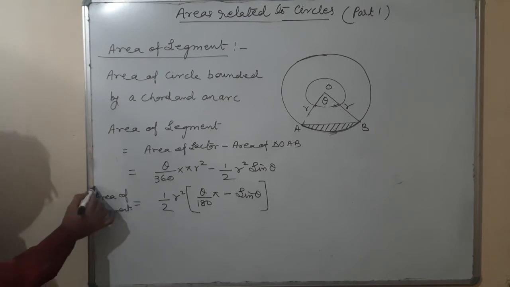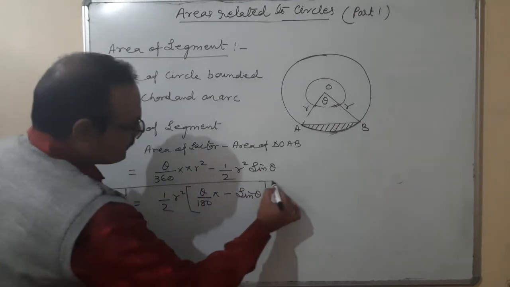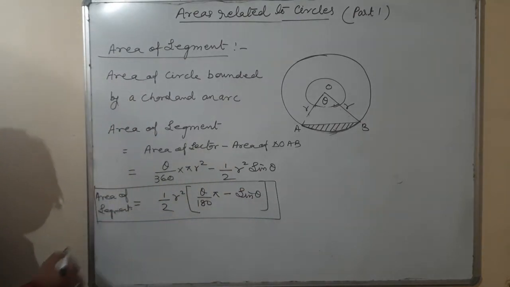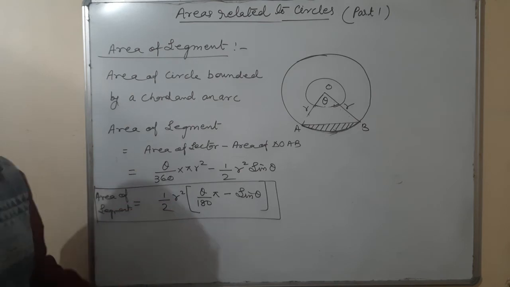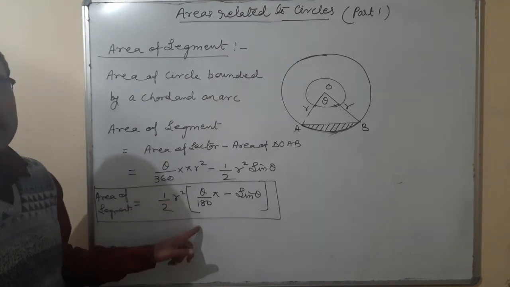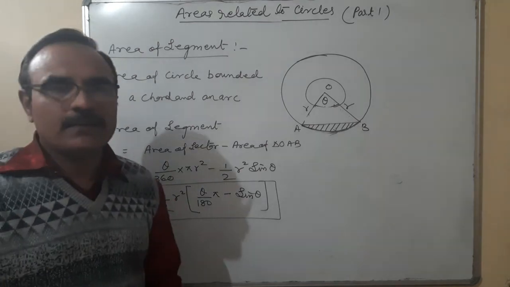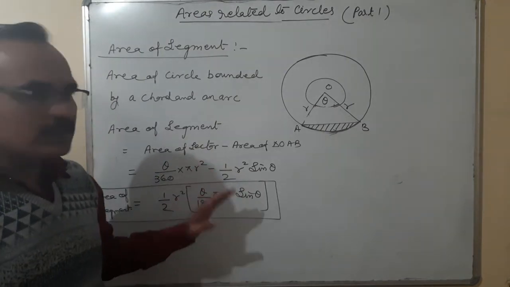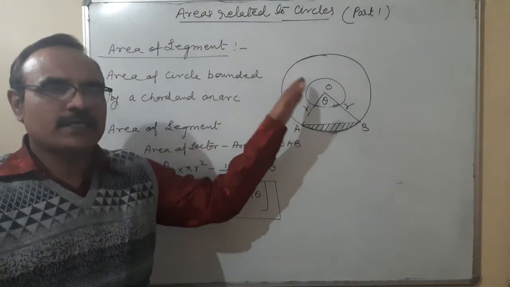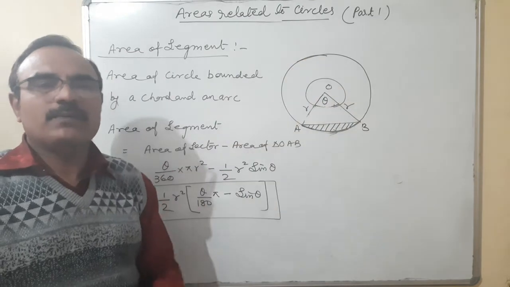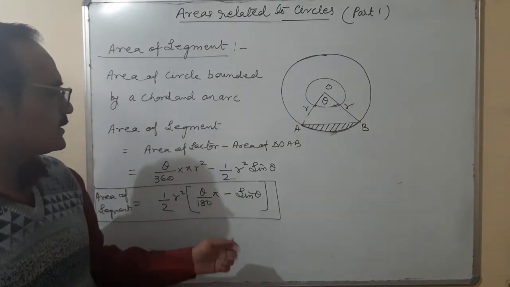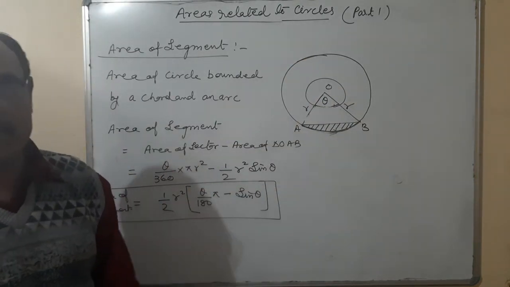We will use two formulae. One is area of sector, second is area of segment. And the same condition here, area of minor segment, area of major segment. This is the formula of area of minor segment. For finding the area of major segment, first we'll find this, and this area will be subtracted from the area of a circle, pi r square. The remaining portion will be area of major segment. Now let us see how this 1 upon 2 r square sine theta is coming. Okay.